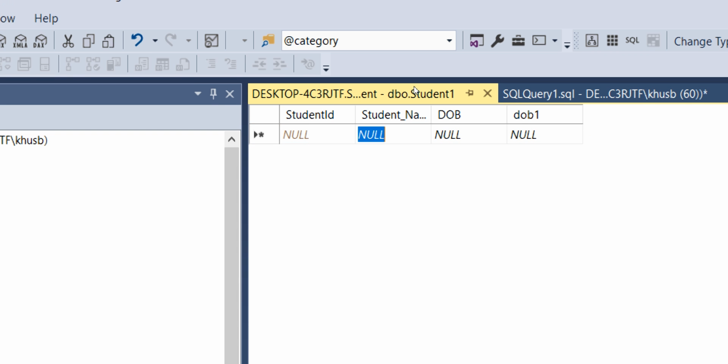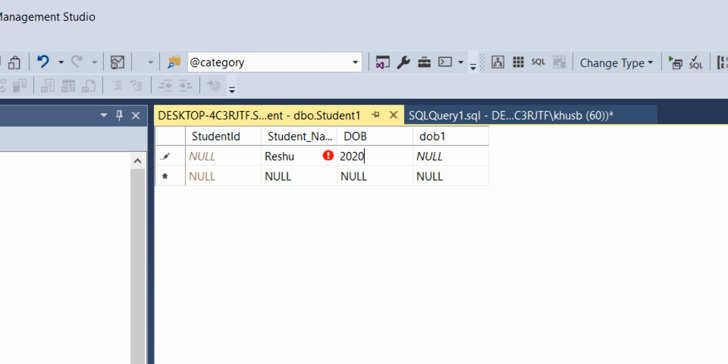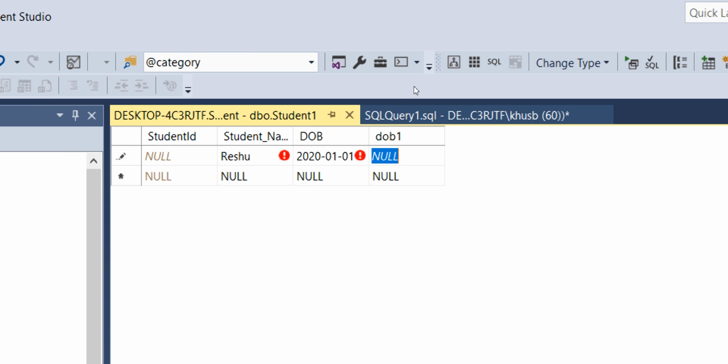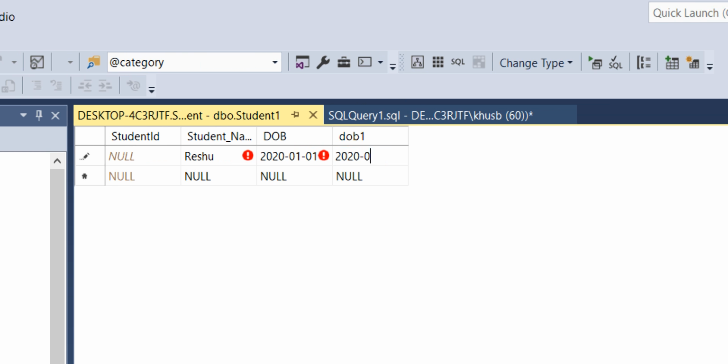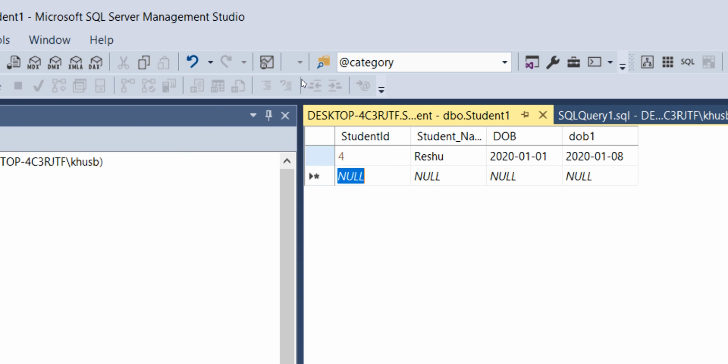Now let's add one more row and see what difference happens. Right, here you go. What is the ID of the student? It is 4. Why? It is the first row in our table, right? Then why is it 4? It should be 1, right?